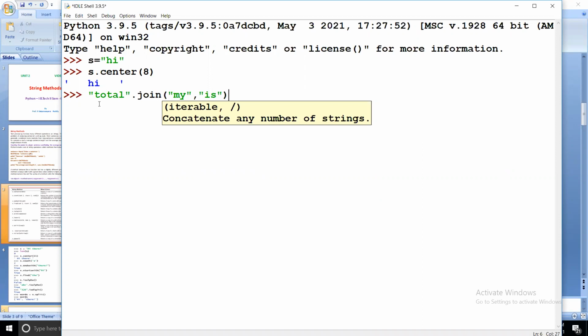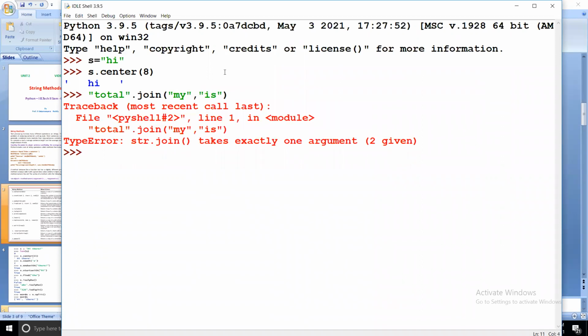Okay. So I'm sending a sequence of strings here, and also I'm calling it on string object total. So the description is these strings are concatenated by separating the strings with total. Okay. So now let us run this example. Okay, it is showing exactly one argument.